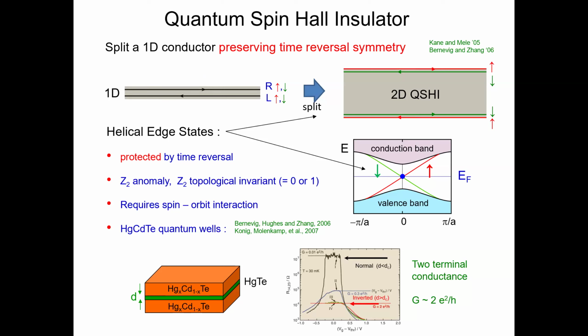Now, it's compatible with time reversal symmetry, but we do have to have some interaction of the spins. So a necessary ingredient is a spin-orbit interaction. And actually, the best place to find this happen is in materials that have a very strong spin-orbit interaction. Am I already out of time, Nick? Okay, good. But I'm getting close.